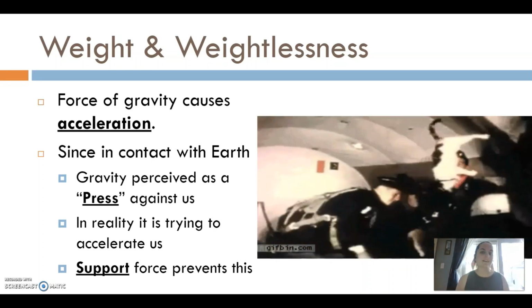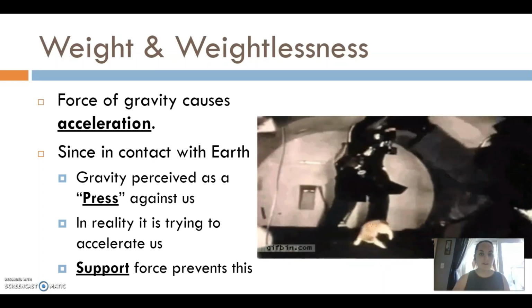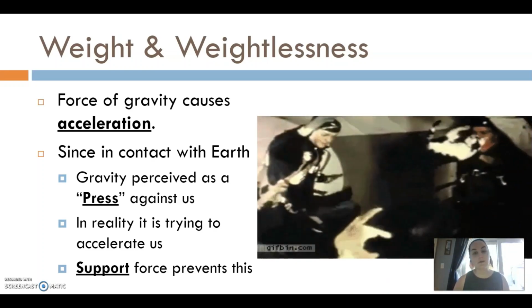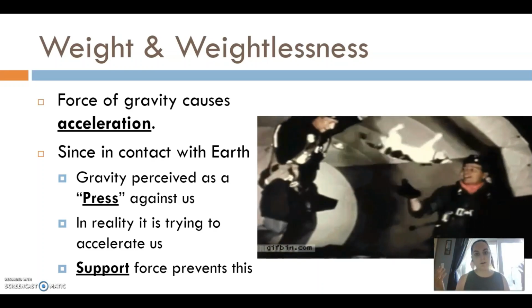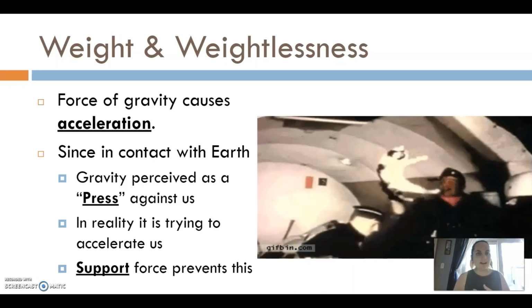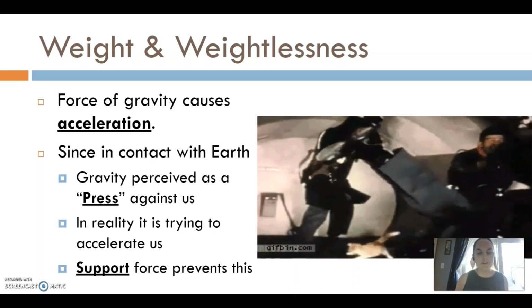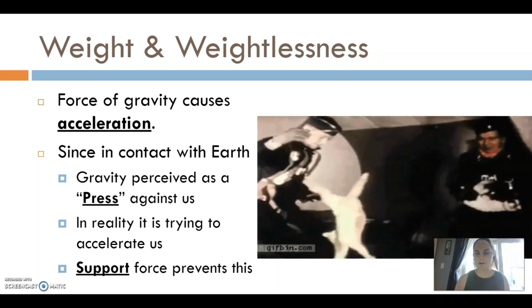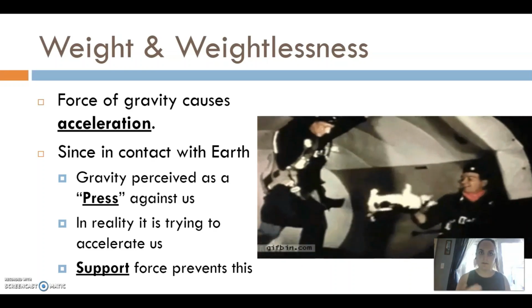And this gets us into the idea of free fall. Right? If you are matching this acceleration that is trying to get you towards the center of the Earth and you don't have any support force beneath you, then you're going to experience weightlessness. So again, if you were to take a scale skydiving and try to measure your weight, it wouldn't, because it doesn't have any support force beneath it. And so you're just matching the acceleration due to gravity.